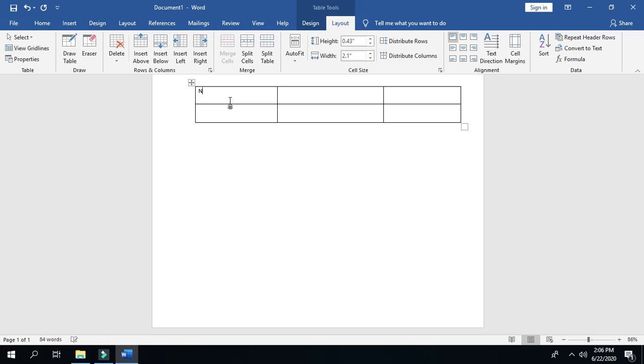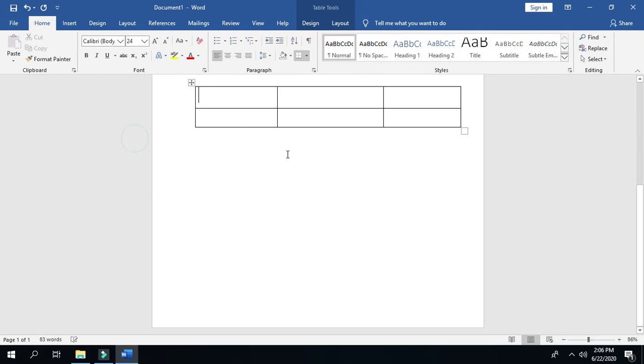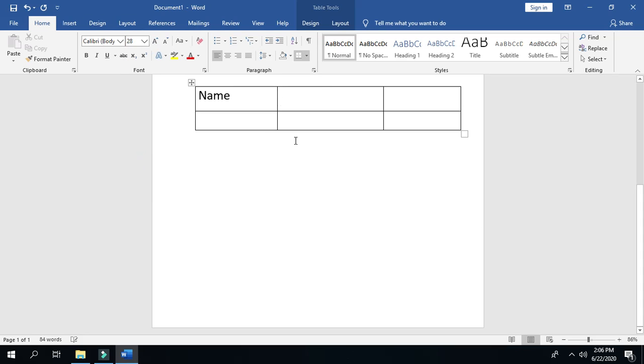For example, see, and to move from one box to another box, either we can use the arrow keys from the keyboard or we can use mouse button. So in this way we can enter the data in a table.